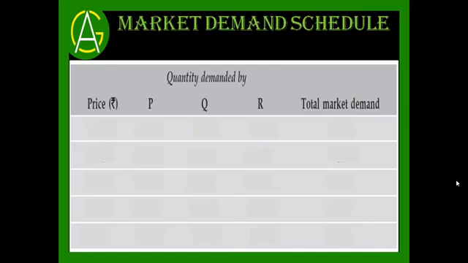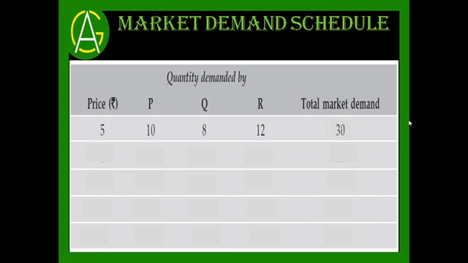Now let us learn what is market demand schedule. When we are talking about the individual demand, it means that we are analyzing demand of one person. But when we talk about the market demand, it means that we are talking about the total demand of all those customers in the market. Say for example, in this particular market, we have three customers, person P, Q and R. At the price of 5 rupees, person P has demanded 10 units, Q has demanded 8 units and R has demanded 12 units. So the total market demand